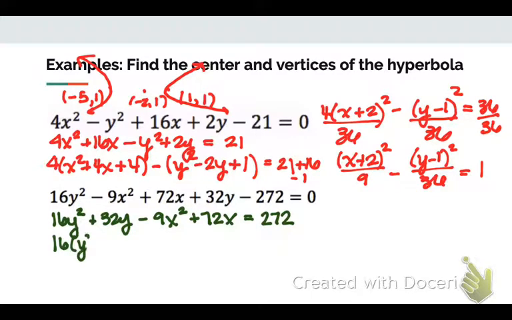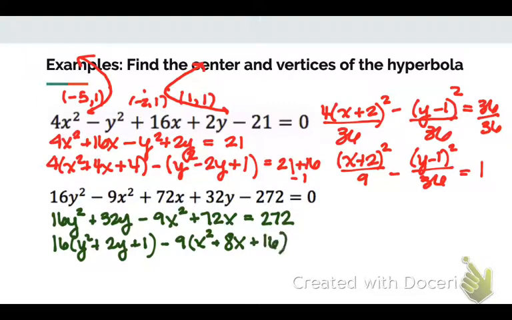So we have y squared plus 2y. Let's go ahead and complete the square. That's going to be 1. Factor out the 9 here: 9 times (x squared plus 8x). And then go ahead and complete the square. That's 4. 4 squared is going to give me 16, and then that's going to be equal to